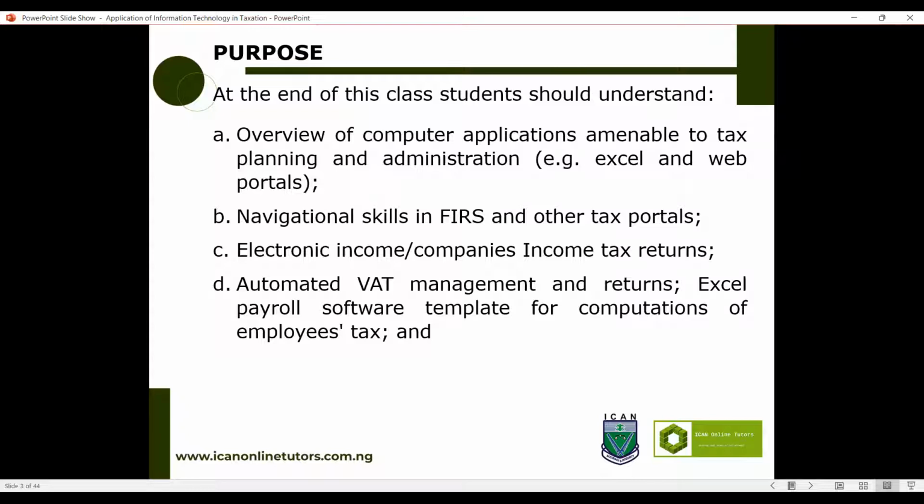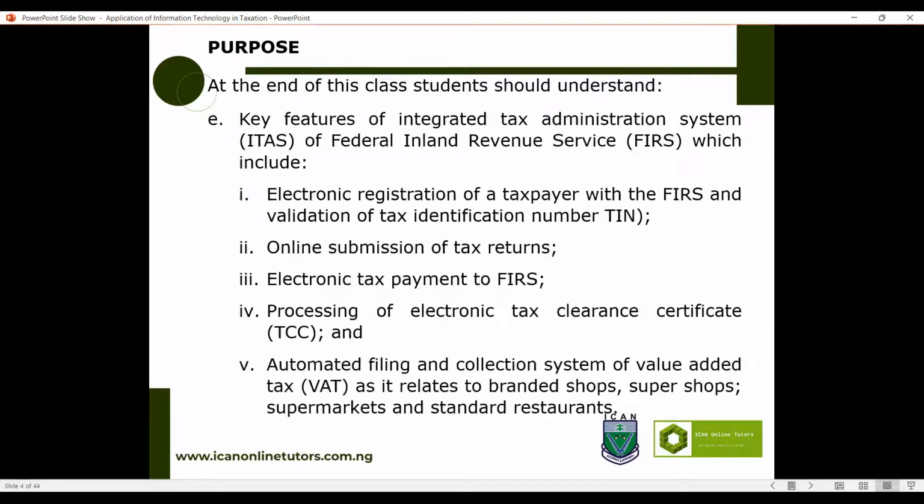Through the use of Excel and web apps. We should have navigational skills in FIRS, electronic income or companies' income tax returns, automated VAT management and returns, and lastly, Excel software templates for computations of employees' tasks, and key features of integrated tax administration system,